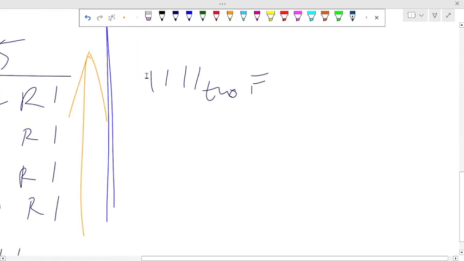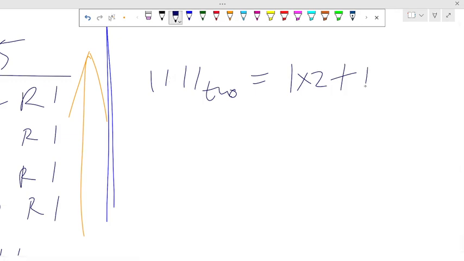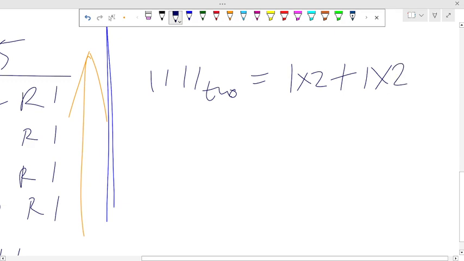This is 1, so you say 1 times the base, which is 2. Then the next thing is 1 times the base 2, plus the next thing, 1,